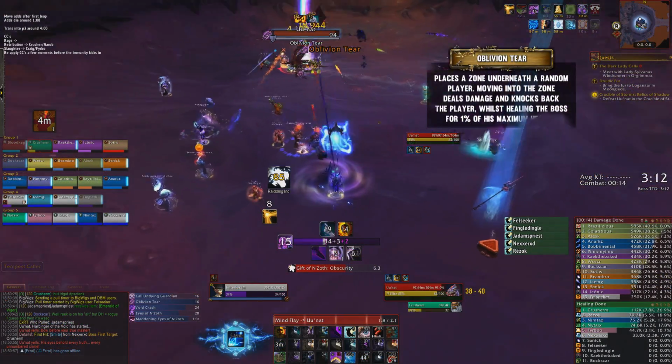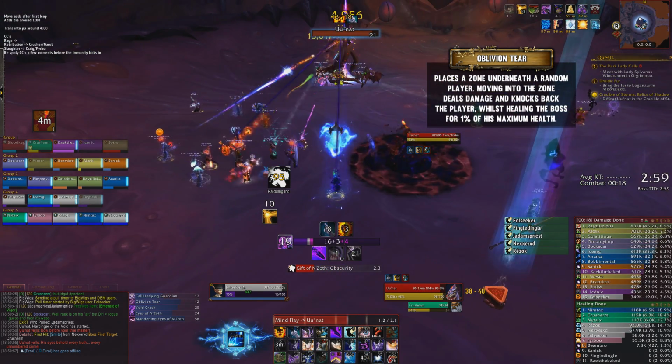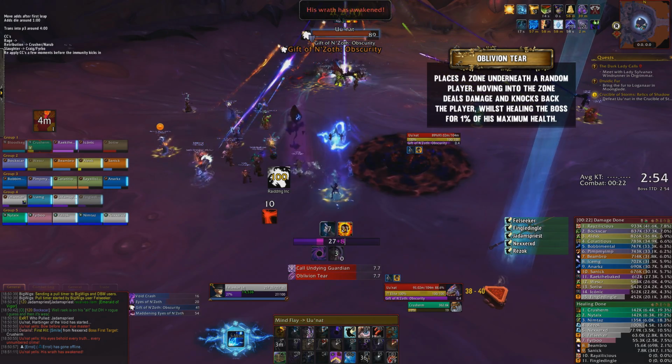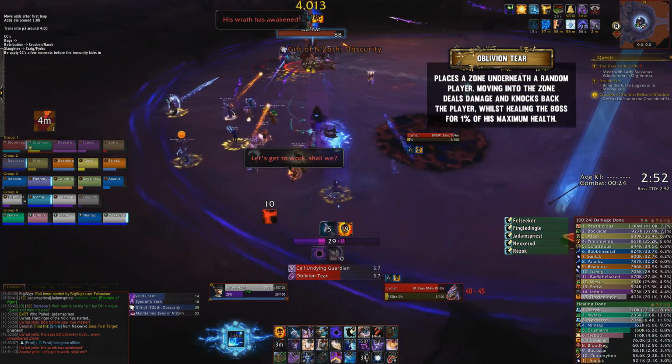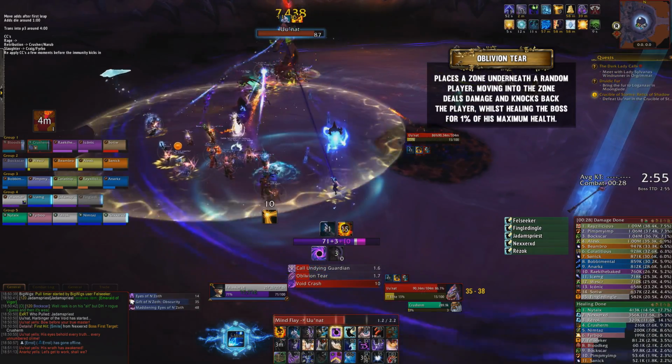Throughout the fight the boss will spawn oblivion tears underneath random players. Getting hit by one of these patches deals a small amount of damage and knocks you back, but worst of all it will heal the boss for 1% of his maximum health, so you must avoid these at all costs. Standing at the edges of the room will greatly reduce the chances that someone is going to run into them,